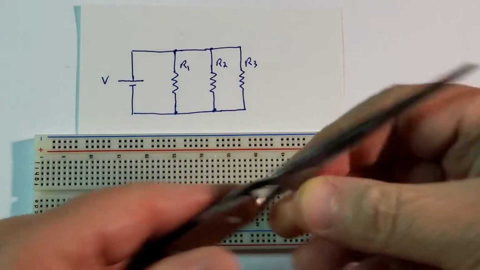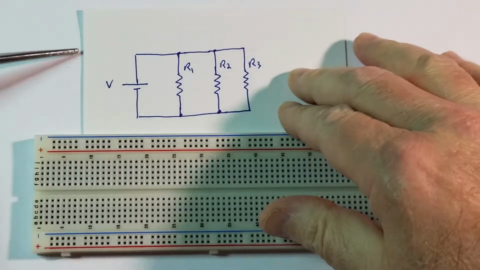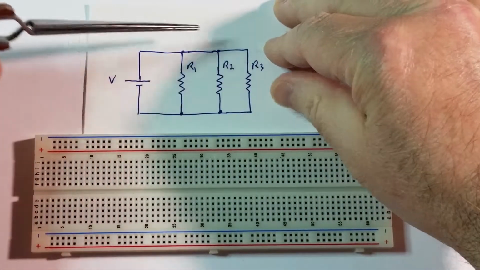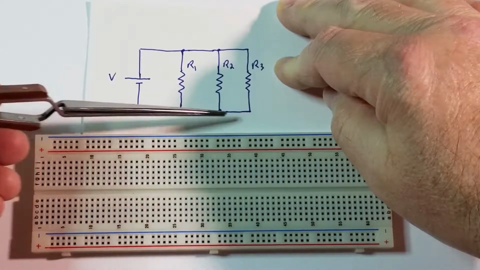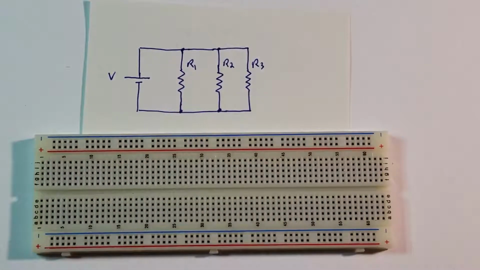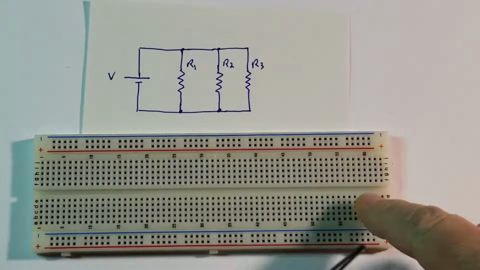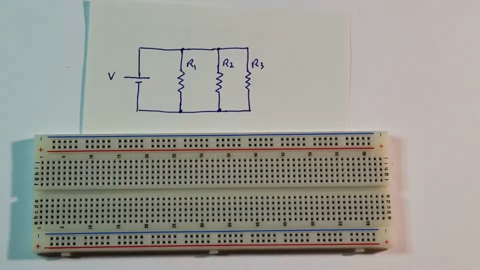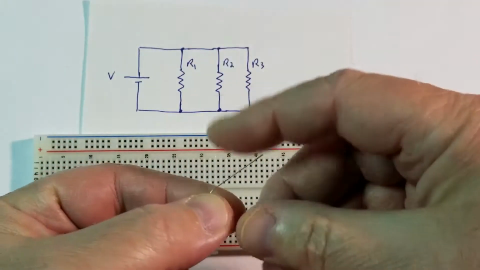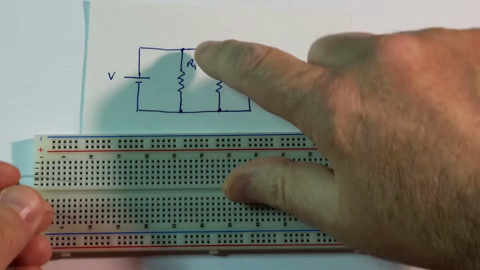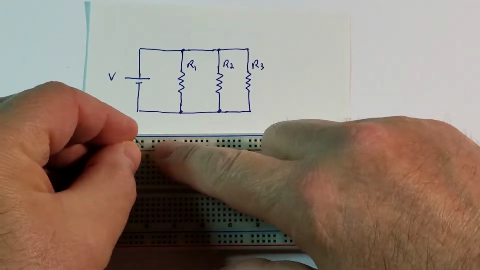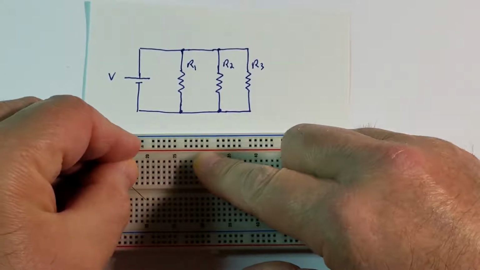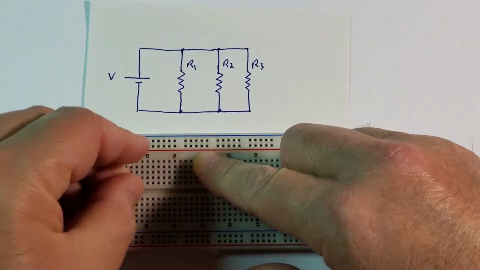So, if we look at this picture, we have 3 resistors, all of them connected from one side to the positive of the power supply, on the other side to the negative of the power supply. I'm going to use the power rails on the breadboard, and so I will connect the resistors that way. Take the first resistor, I'm going to put it on this side on the positive power rail over here, and on the other side I'm going to put it right here,